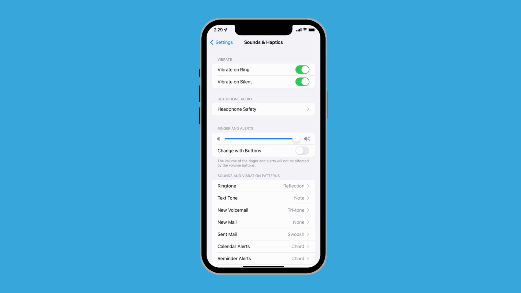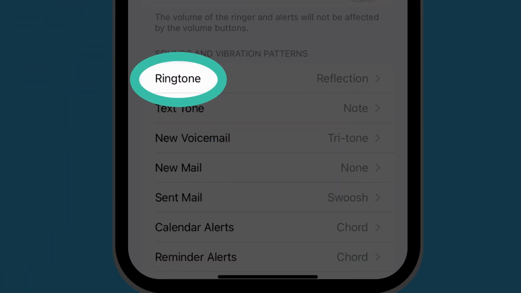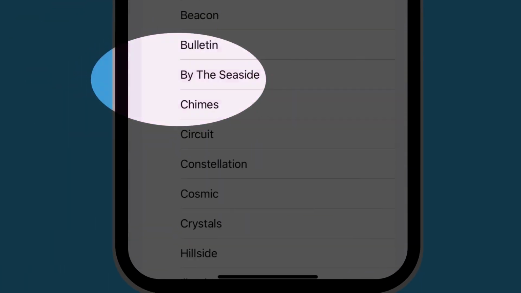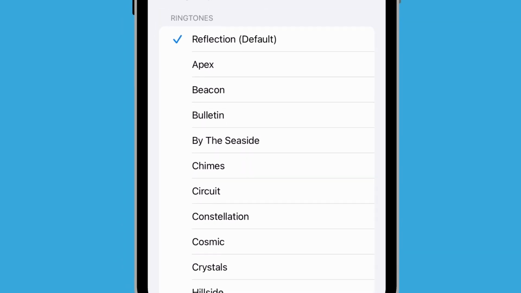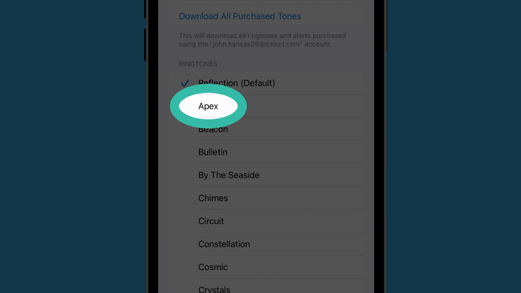To choose a sound for when someone calls you, find Ringtone and tap on it. Then tap an option from the list of tones to play it.